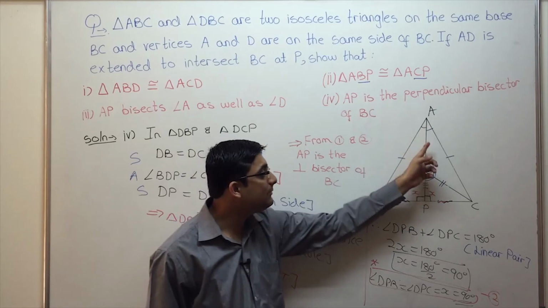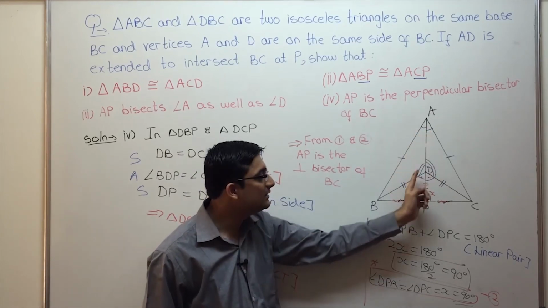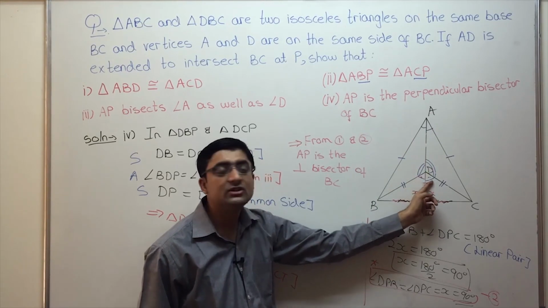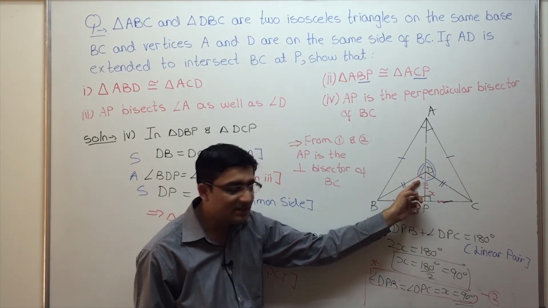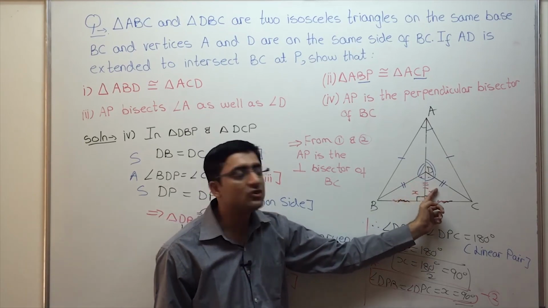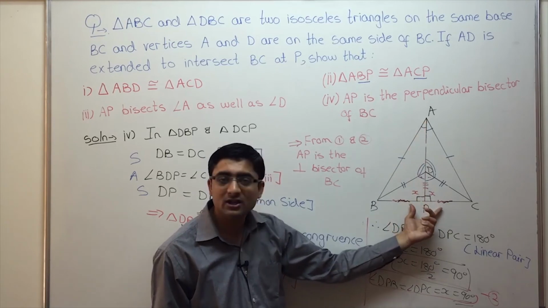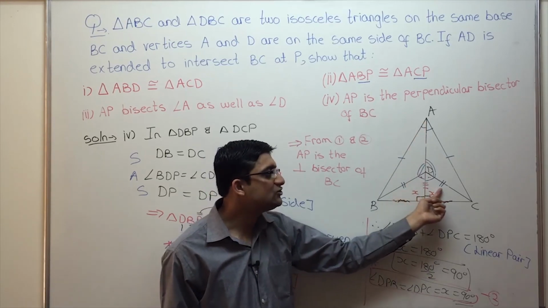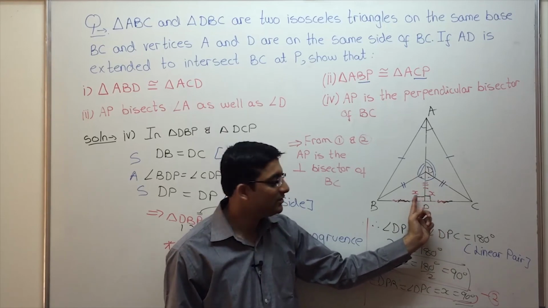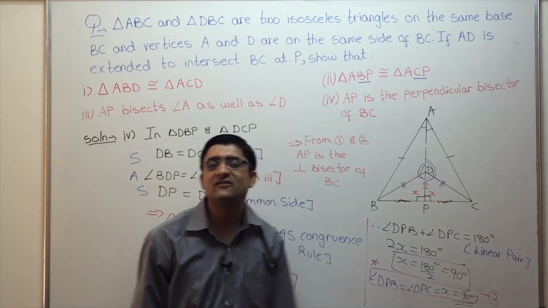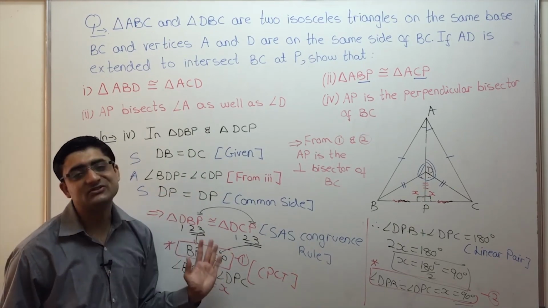Next we have to prove AP bisects angle A and angle D. These two angles are already equal, by CPCT. These two are equal. How do we show these two angles to be equal? Two methods. Either take these two as a linear pair, we'll get them the same, or prove these two triangles congruent, again these two will be equal. Next, fourth part, prove AP is the perpendicular bisector. Simple, just get these two triangles to be congruent, so BP is equal to CP, these two angles are equal. Now these two angles form a linear pair, hence they have to be 90 each, right? As simple as that. So this is how you solve this question.